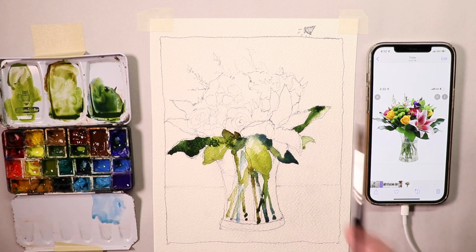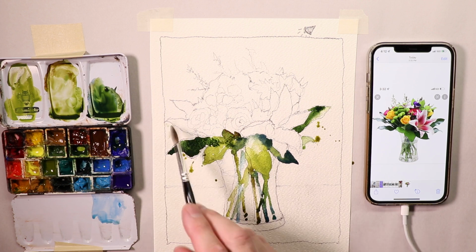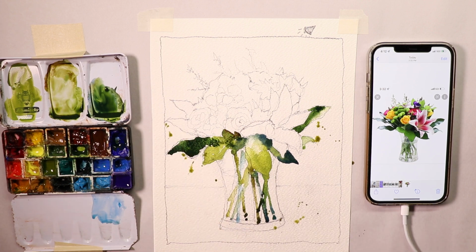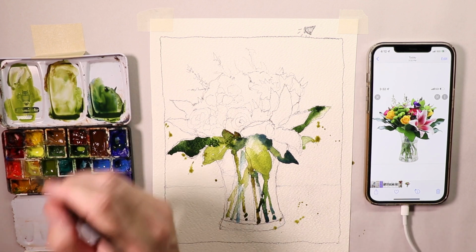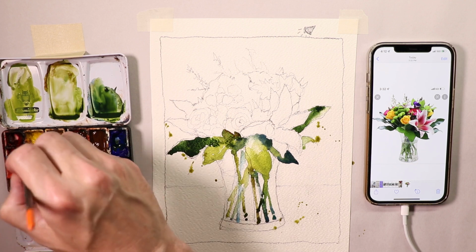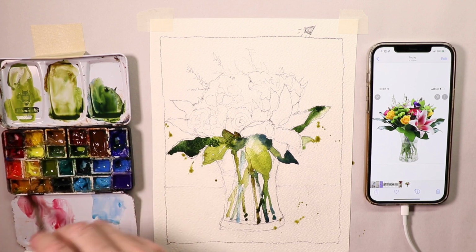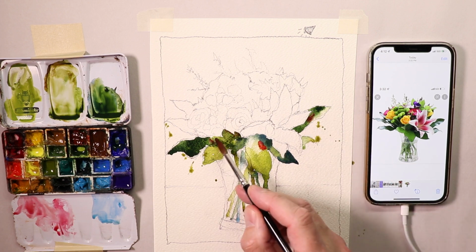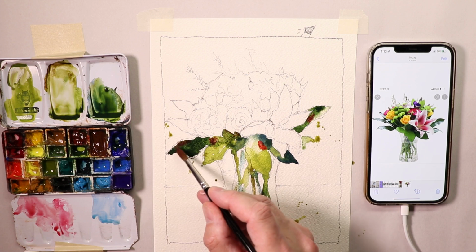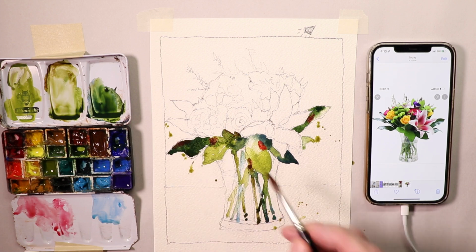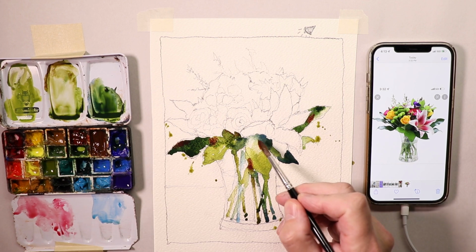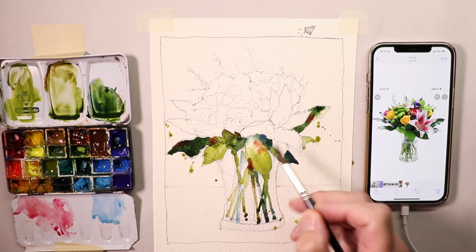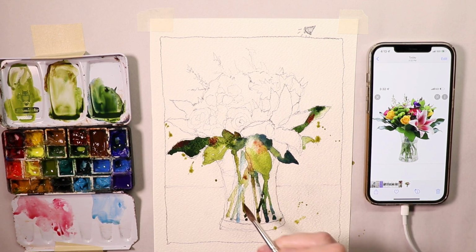And I might loosen things up and just do a couple splashes over here and there. And then we're going to start mixing in some alizarin crimson and rose madder. While I'm doing that, let me add some of that alizarin crimson and rose madder to some of the other portions of the painting, and then I just soften those little bits of red into the washes here and there,